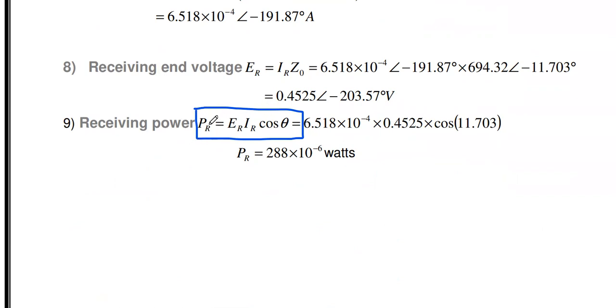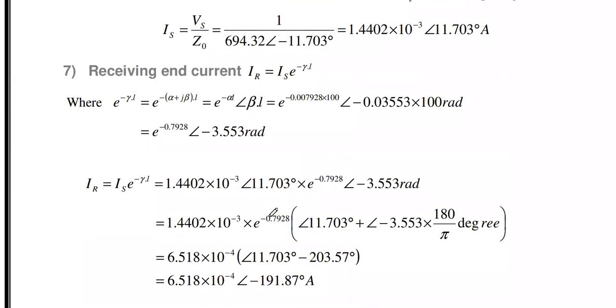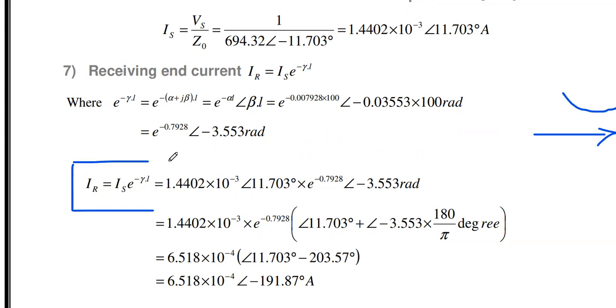Okay, so in order to calculate the received power, first we have to calculate the receiving end voltage and receiving end current. For that, first we have to derive the receiving end current. What is the receiving end current? Already you know, whenever the distance increases, the receiving end current exponentially decays with respect to the sending end current. So the receiving end current IR equals IS into e power minus eta L, where IS is the sending end current and eta is the propagation constant.